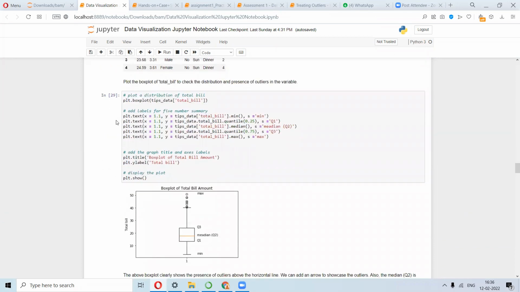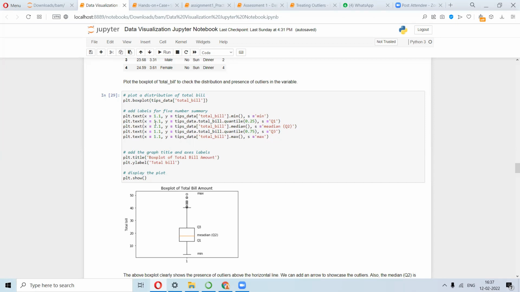Now this is the function boxplot, and just this will give you the outcome. plt.boxplot, tips_data, and total_bill. So it will give you the distribution. But if you want to add labels so that it is presentable, we have to include plt.text.